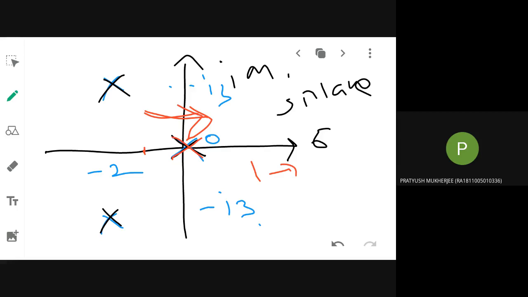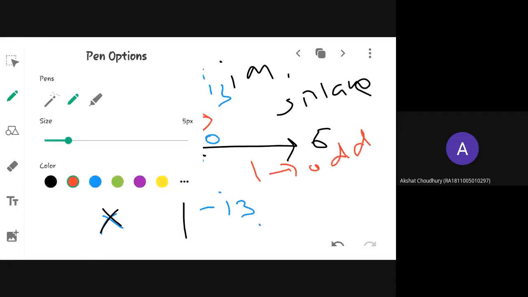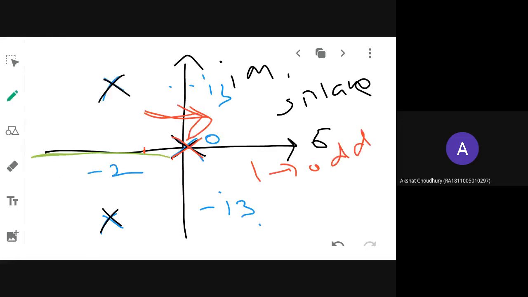Odd. Odd or even? Odd. So if this is the case, then you can confirm that there is a real root locus branch located on the real axis. Just thicken the line like this, like I am doing. And you know by theory I have told you that the root locus branches will always start from what and end at what?